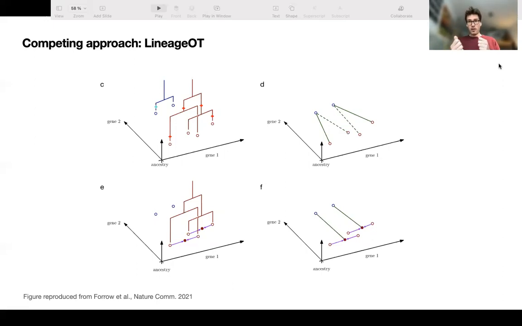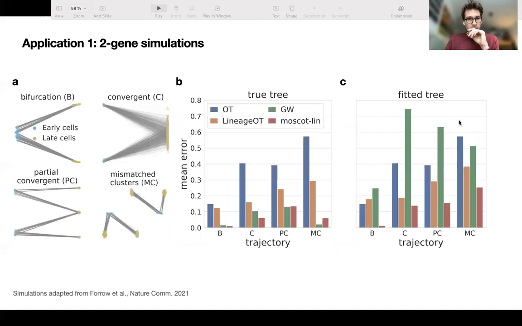So these are inferred ancestral states, and then they link these inferred ancestral states to the earlier time point by using a standard optimal transport approach. So no Gromov-Wasserstein approach, just a standard optimal transport approach to link them. So we adapted their simulations from their paper, where they look at 4 different trajectory topologies: bifurcation, convergent, partial convergent,